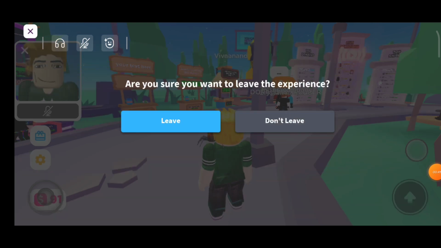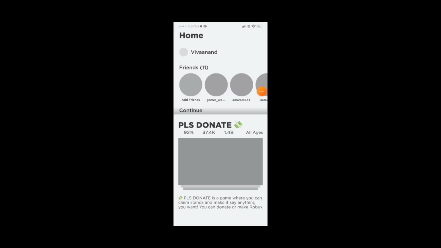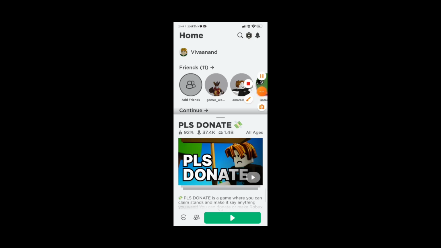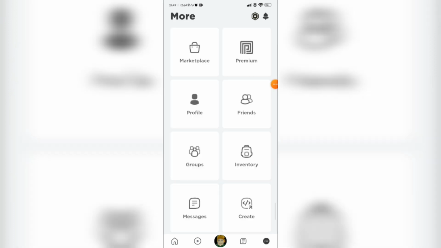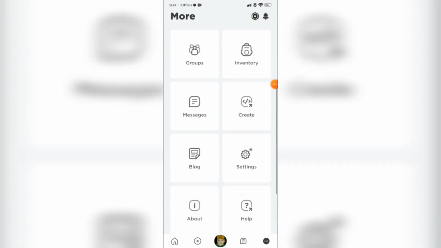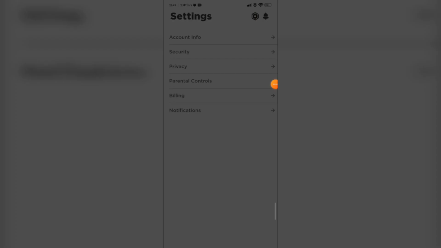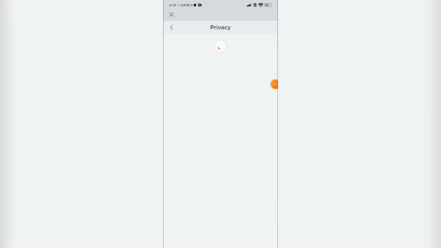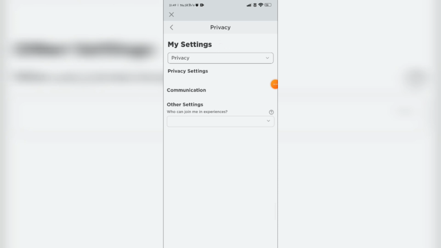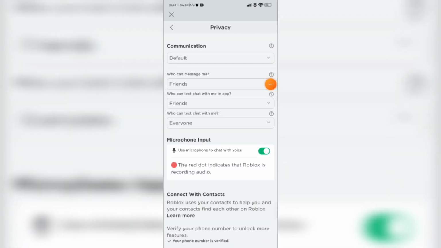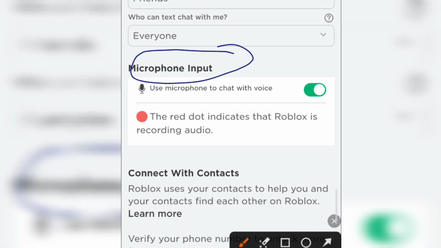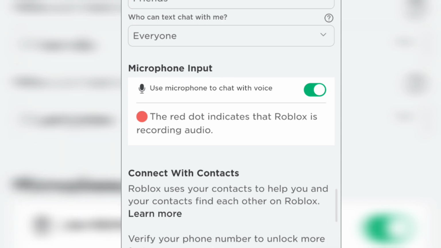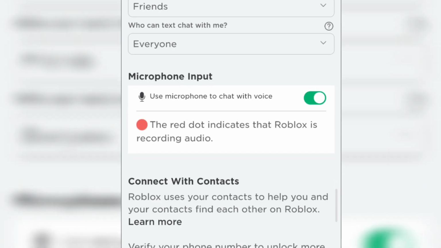So first of all, let me leave this game to get this feature on Roblox mobile. First of all, you have to tap on the three dots and go to settings. In settings, we have to choose privacy. In privacy, guys, we have to scroll down and you will find one option here, microphone input. So once you enable this option, the face cam and the mic will be enabled in the game itself, but